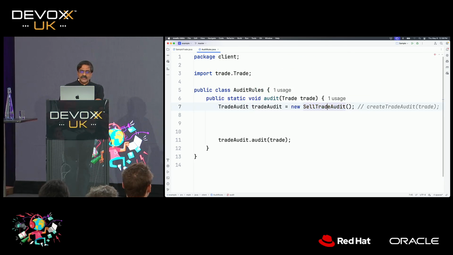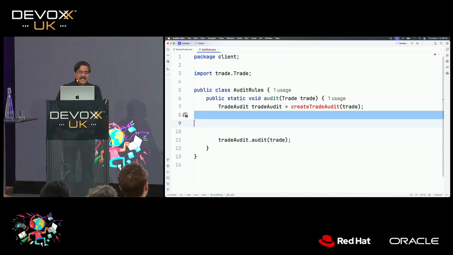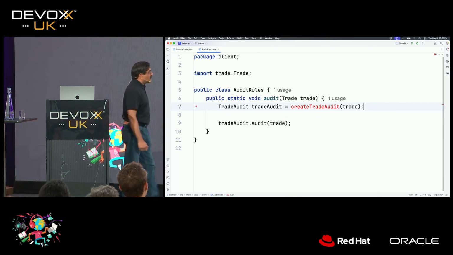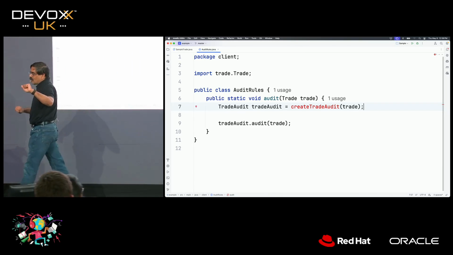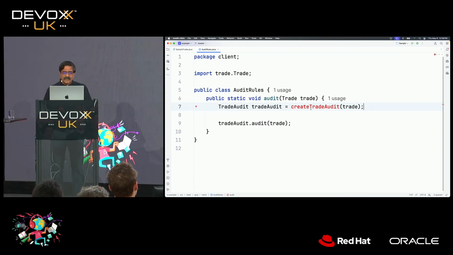Now, once we finish that, we still need to worry about the create audit function, right? We haven't done that yet, but we can get to that in just a minute. So once we get in here, we can ask it to create the audit and then call the audit on it. And the beauty of this is the audit will take care of auditing a sell or a buy separately. How do I provide the create audit function?